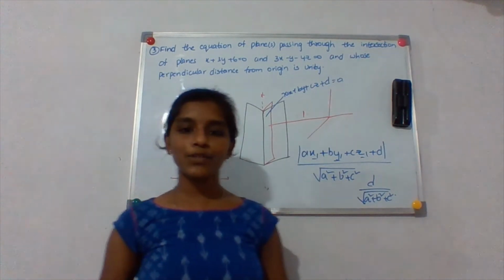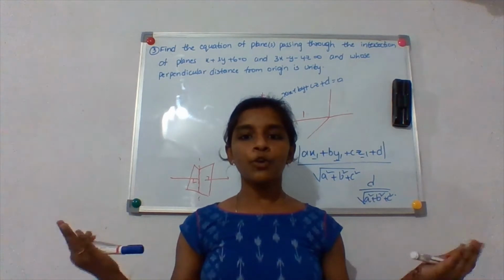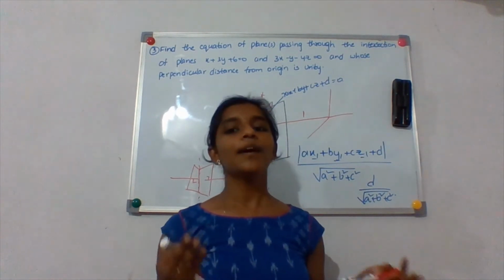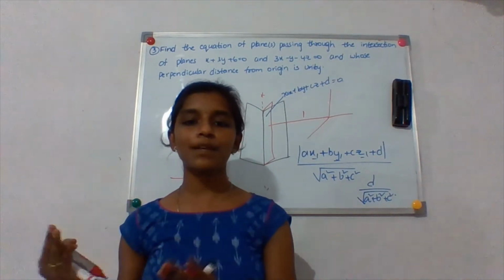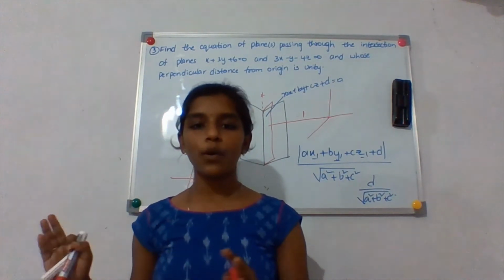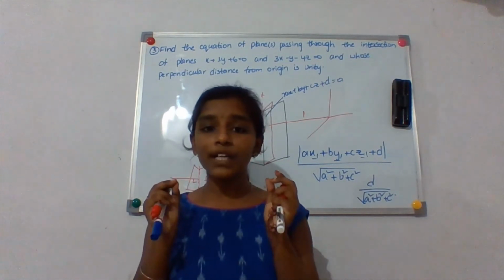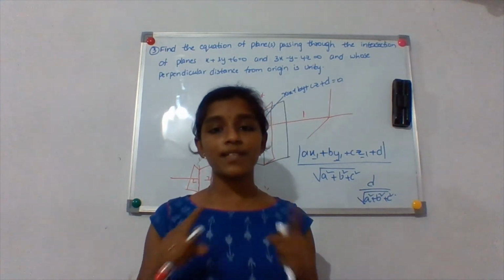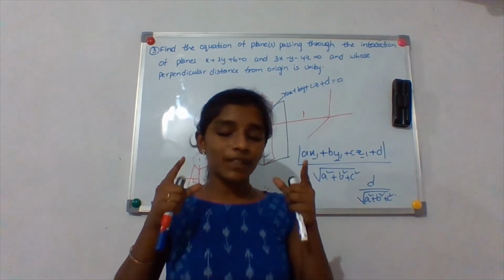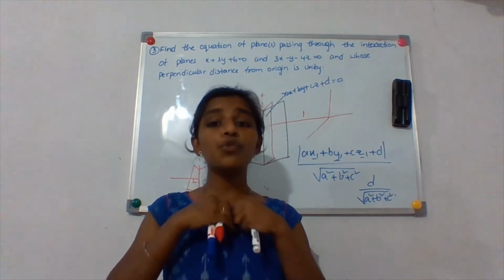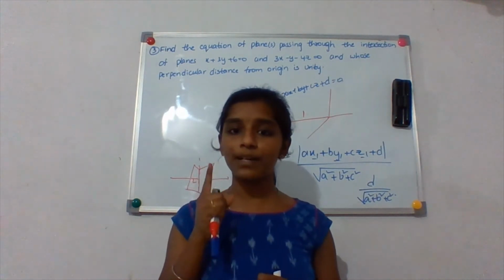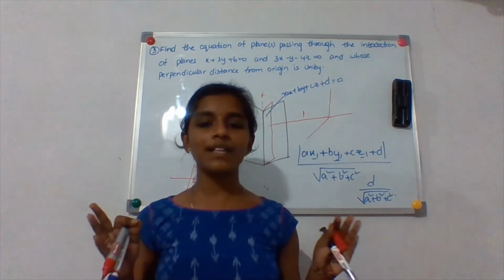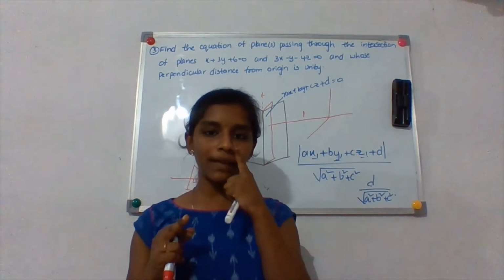So now what are you going to do? When you have two lines perpendicular, we use the perpendicular condition, that is a1 a2 plus b1 b2 plus c1 c2 equals 0. That is a very important point. When two lines are perpendicular, the sum of the products of their dr's is 0. That is the point that we use too many times in 3D geometry, so you must remember it well. Mostly in every sum we use that.